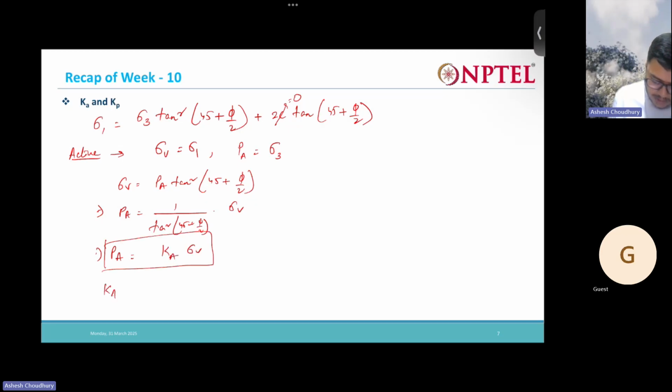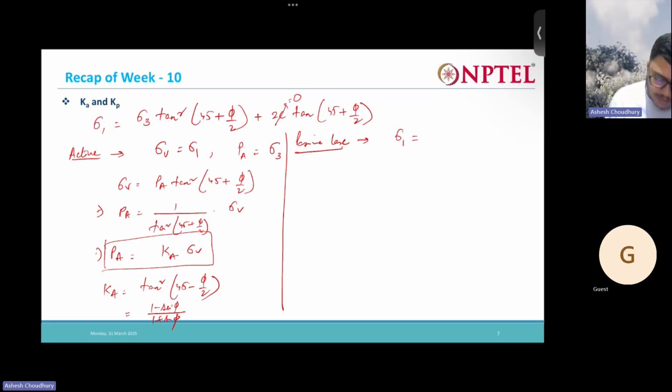What is my K? K is tan square (45 - φ/2), that is (1 - sin φ) / (1 + sin φ). Similarly, for the passive case,